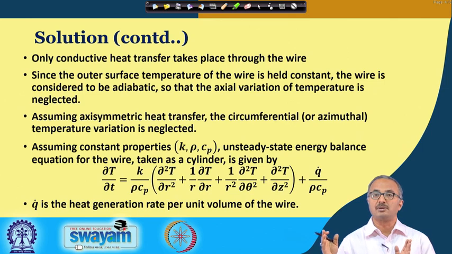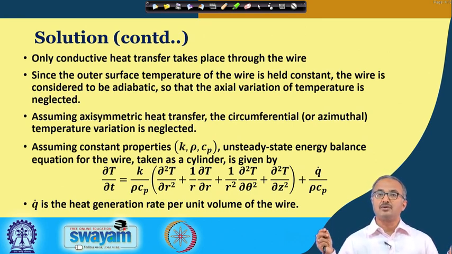So, actually there is no axial temperature variation, we only have variation in the radial direction, due to the difference in temperature at the surface and at the core of the wire. And we are neglecting any kind of end effect. End effect means that if there is any kind of source of heat or some kind of sink at the two ends of the wire, they are going to cause some kind of axial heat transfer.